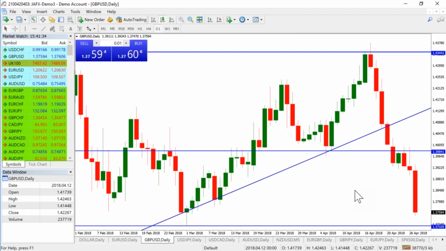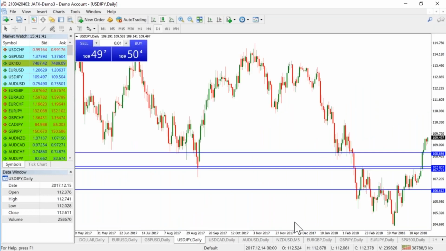But if you keep getting those opportunities to perhaps buy the US dollar, maybe that should be a part of your trading plan just for the short term. So without a doubt, the dollar index is definitely something we should be looking at. So we'll add that to our watch list.